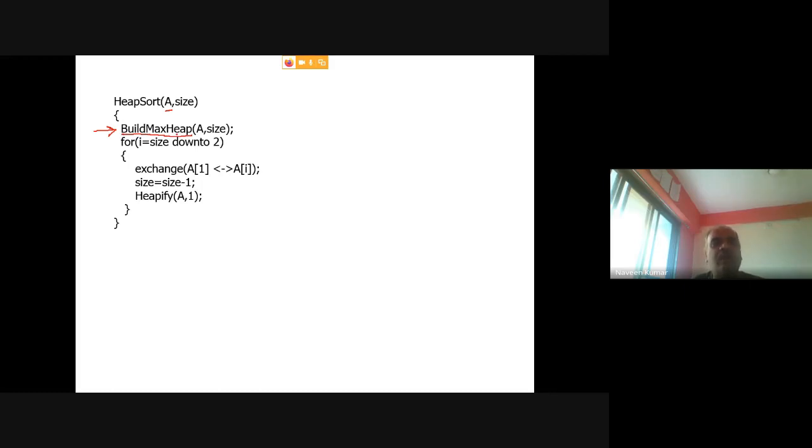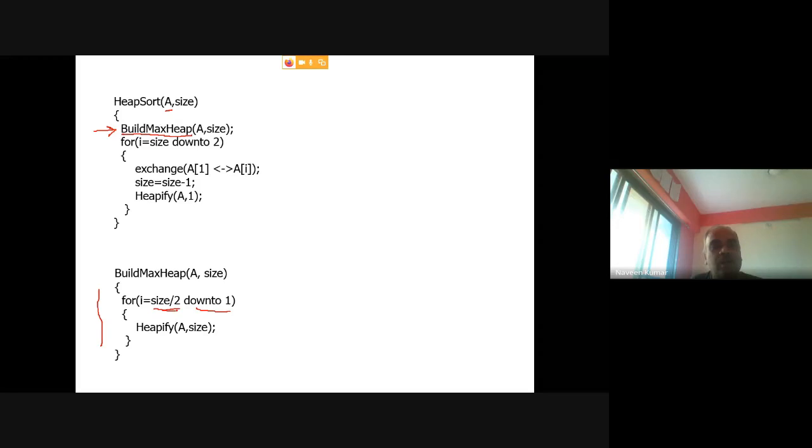So how you can create a max heap, initial max heap, right? You can create that initial max heap. This is very easy algorithm, right? You need to move from size divided by 2, right, down to 1. Initially, you need to fix size divided by 2, right? I hope you remember, right? We have started with size divided by 2, means parent of last node. So in that subtree, we will first convert it into max heap. Then we reduce that size by 2 minus 1.